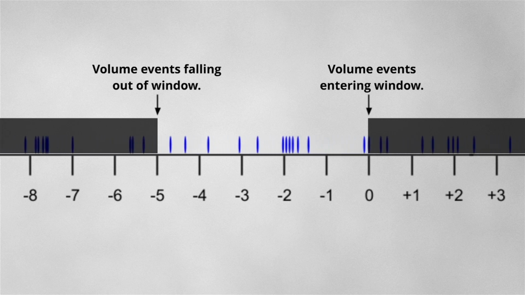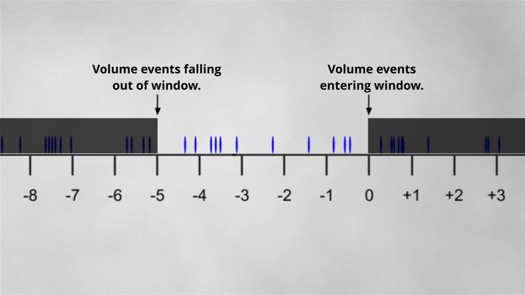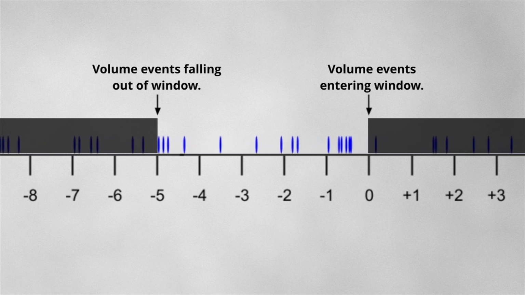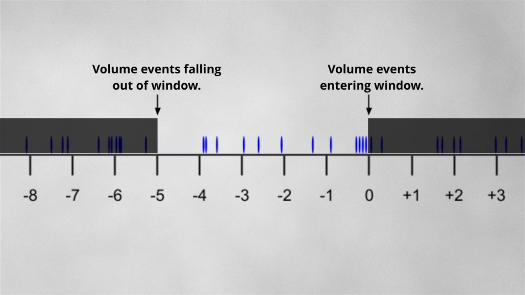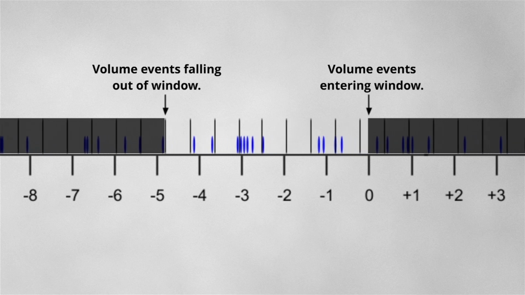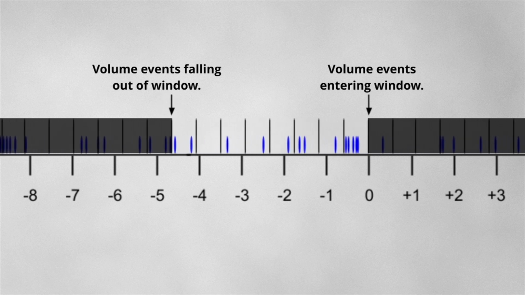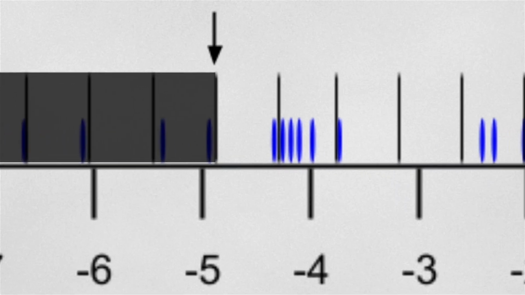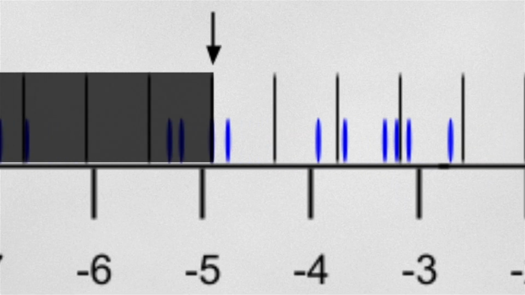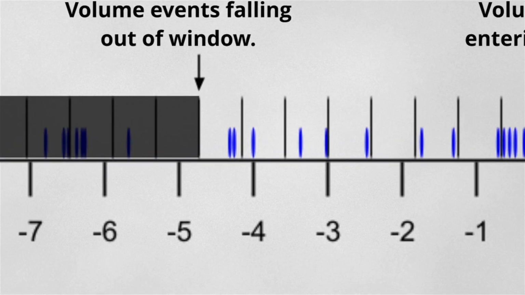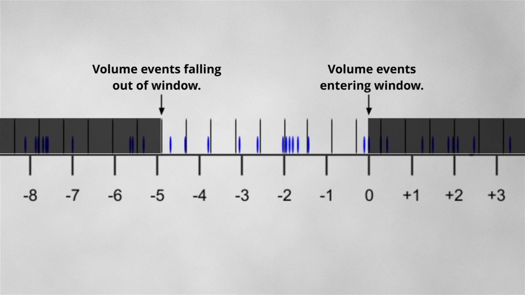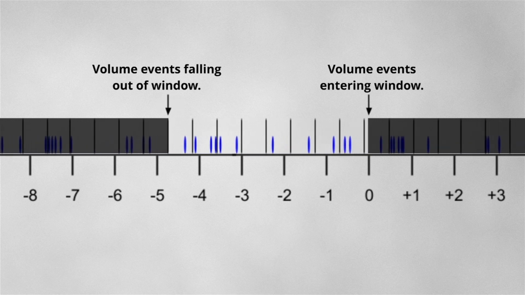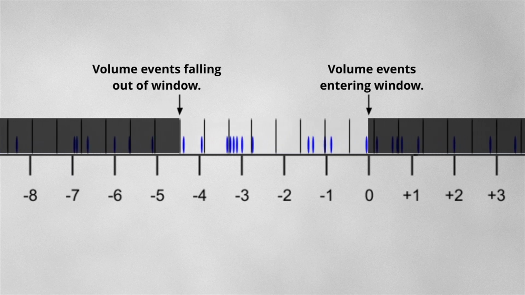We cannot simply have a single volume variable that we add all the new volumes to, because then we don't know what kind of volumes we need to subtract when some of them are out of date. But we could go some in between. So we could create multiple buckets and merge multiple volume events into a single volume event. As we can see at the side where the events are falling out, this is not as accurate as saving every single volume event, but depending on how fine-grained we make those buckets, we can increase the accuracy of our window. But it does definitely help us in having a very deterministic way of